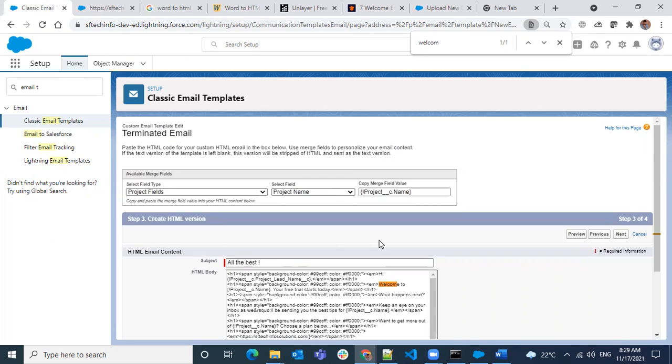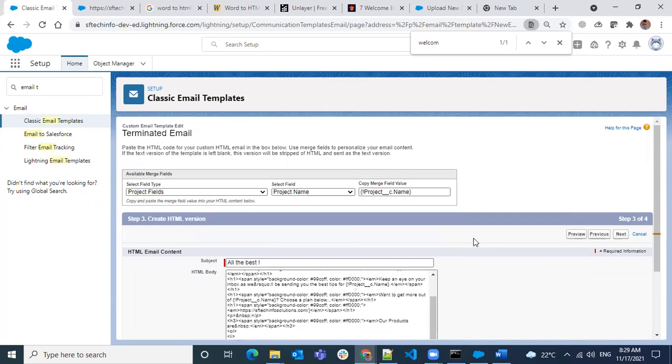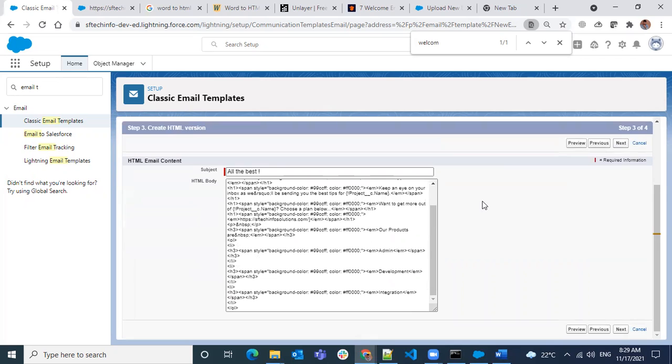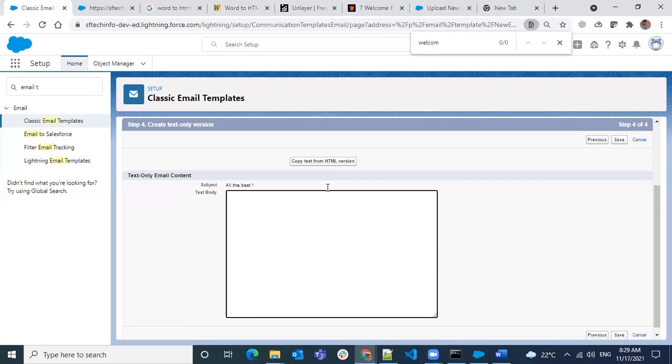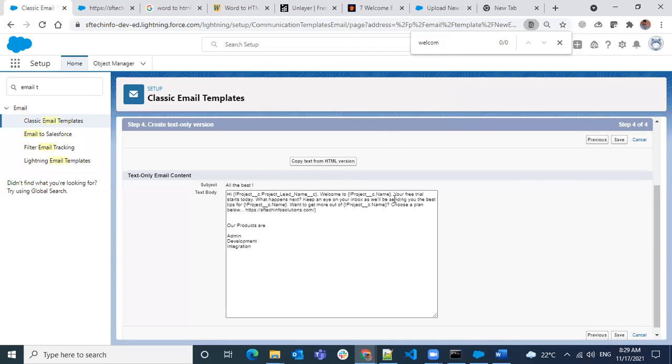Okay, I'm just doing the next here and copy text from HTML version.